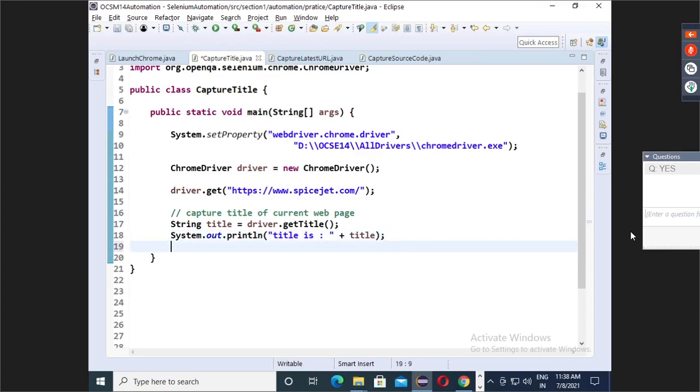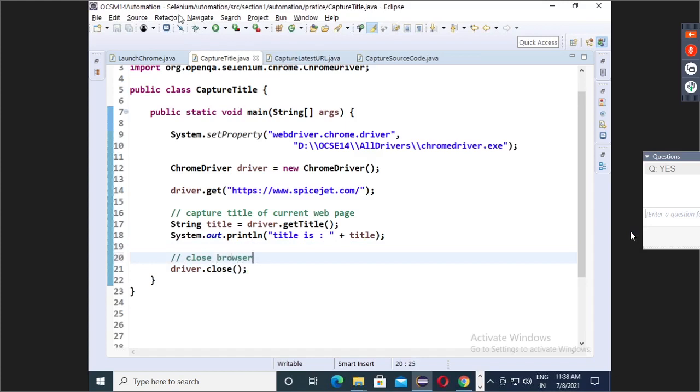Once my test case is done, I will use driver.close. Is everyone clear? driver.close means close the browser. So here I will say close browser. See, run.